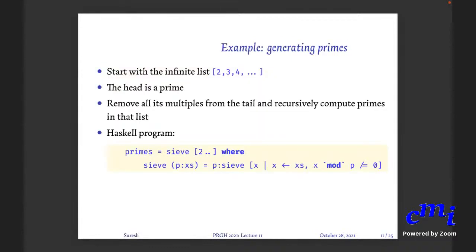The prime example you saw last time, right? Does anybody want to go over this? If somebody says we want to go over this, we will, otherwise we'll move on. Who wants to go over this? Don't be shy. If you want to go over this, we'll go over this.